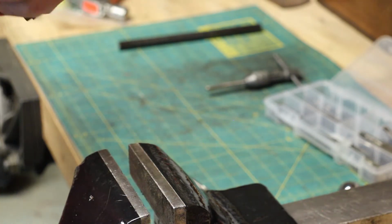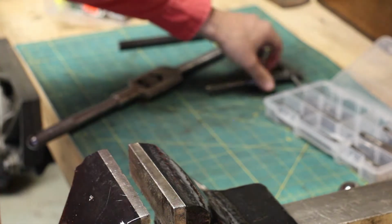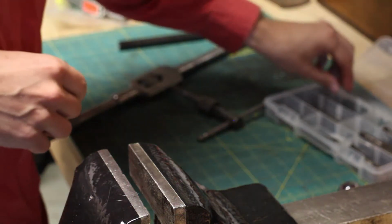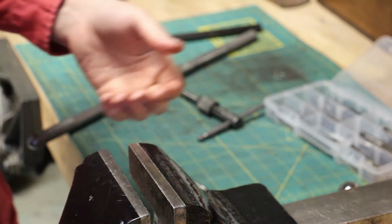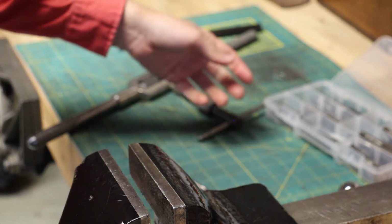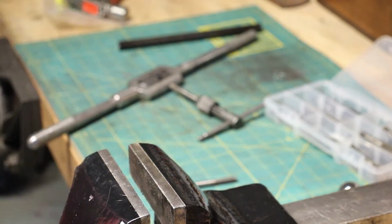This is a large one. I got this one on eBay. Actually, I got all this stuff on eBay. Quality taps aren't cheap. They're like anywhere from $3 to $7 a piece if you can get them on eBay. I also have